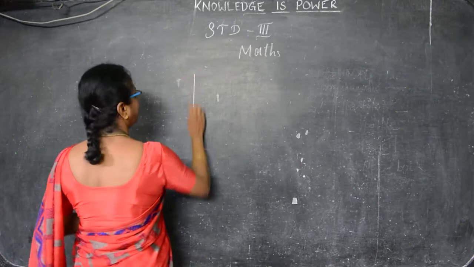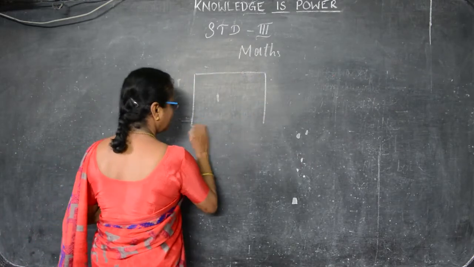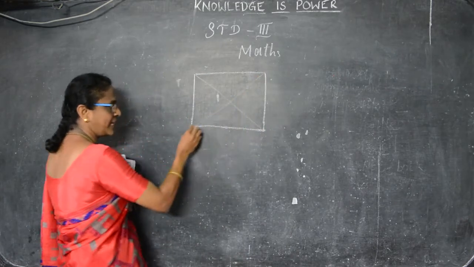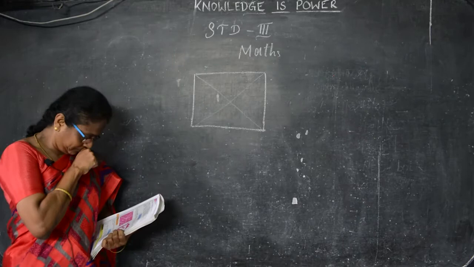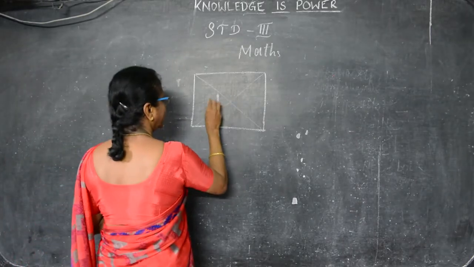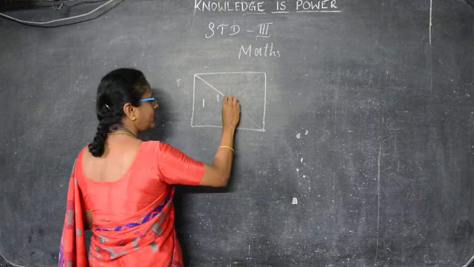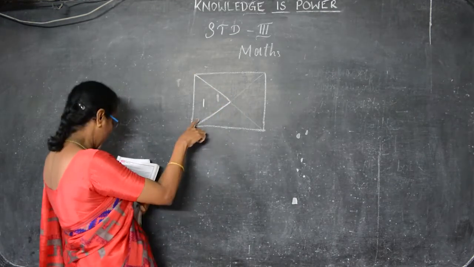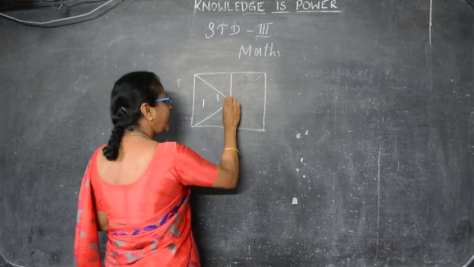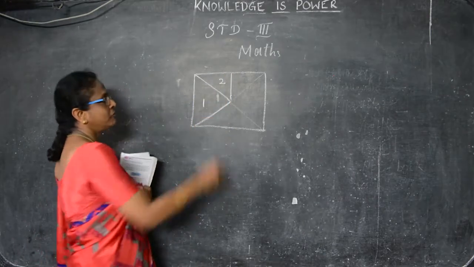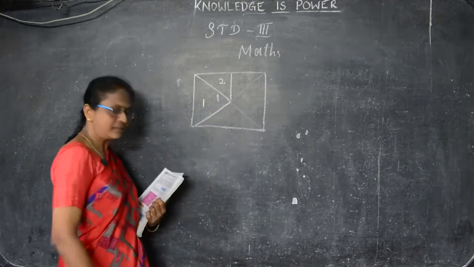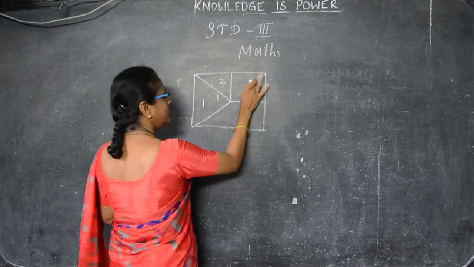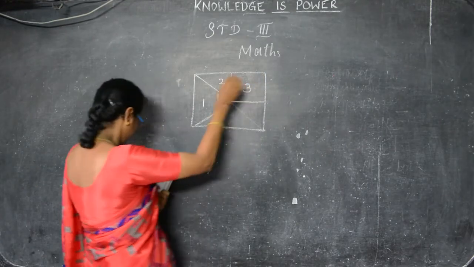So in the square paper, take the square paper like this, and if you fold it, you can see these lines will be coming. You do one thing. This is the first one, in this triangle. If you draw with a pencil here like this, this is number 1, and if you cut the line like this, this is number 2. First you put the diagonal line slightly. And if you cut the line here, this one center line also will come. So you rub it off, and this will be number 3.